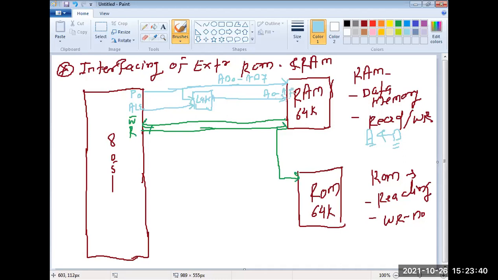These bus lines will be connected to the RAM memory, and that will act as the address. So we now have D0 to